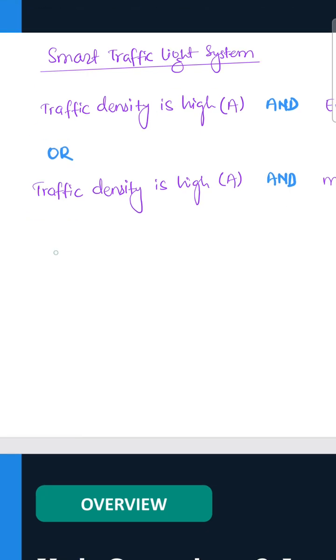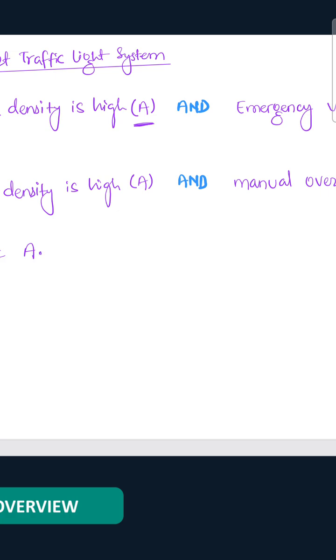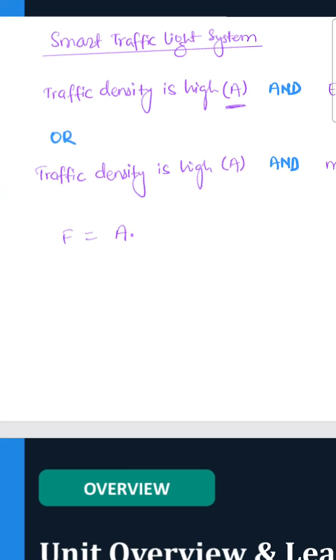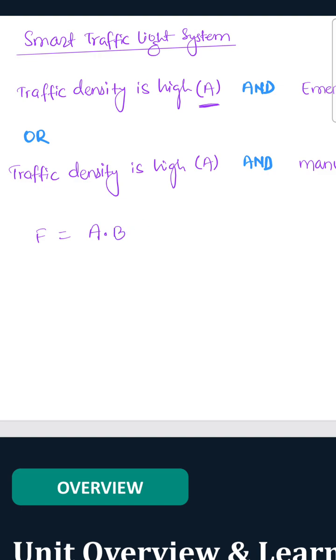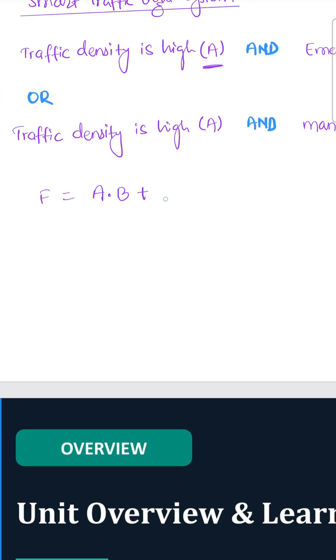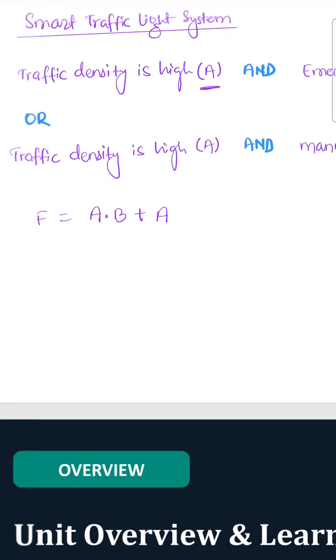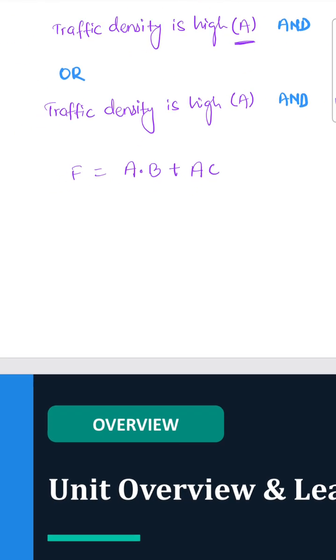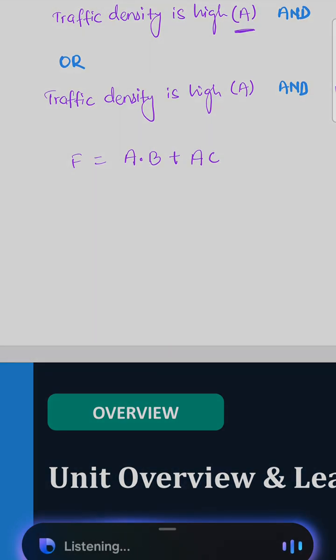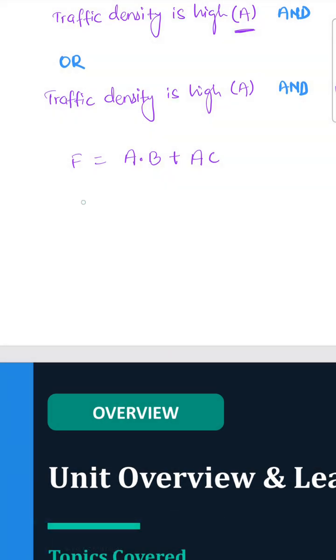And mathematically this can be represented as, let me write the function, f equals, the first condition is a, and is represented by the multiplication symbol, and emergency vehicle is detected, that is b, or, can be represented as the plus symbol, or traffic density is high and manual override is activated, that is c. This is a mathematical expression or Boolean expression, and this expression can be simplified as